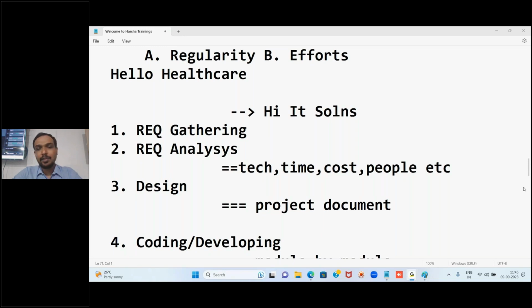And if some of your friends are interested, just inform them. Once we start the sessions, practical means it takes more time, so it will be difficult for them to join the same batch. I'll be having another batch, but they have to wait for the next batch. If you have other friends, you can recommend them. This session I already recorded, the complete session. The same recorded session will be given to you and to them as well, so that they can get the idea and start.